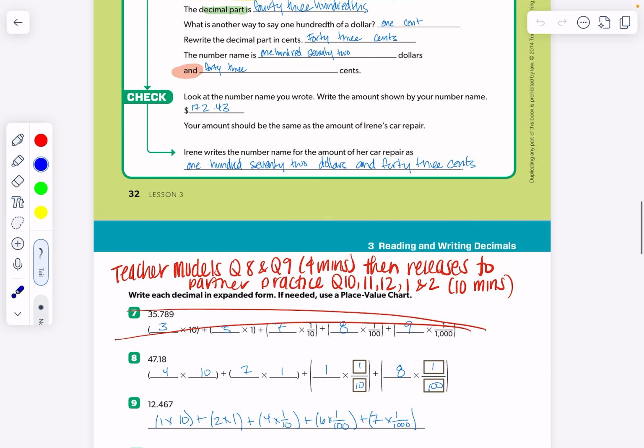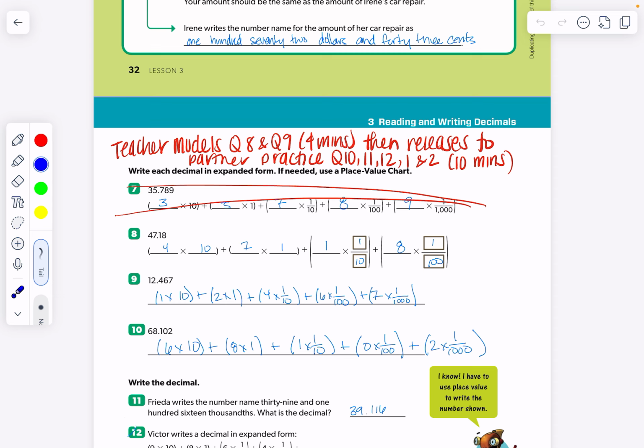Then you are going to come here and you are going to model some expanded form questions for students, right? So we just worked on writing numbers from standard form to word form. Now we're going from standard form to expanded form. And so you are going to model for students questions 8 and 9,